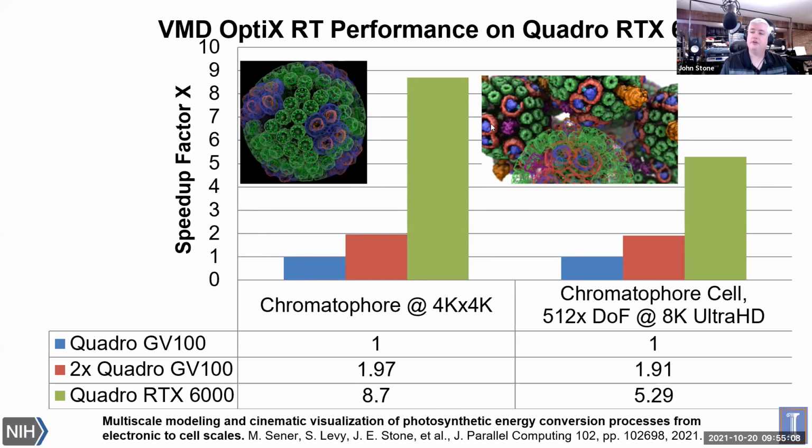And the main difference is what fraction of the scene are things like spheres and cylinders, and what fraction are triangles. The scene on the left is primarily made of triangles. The scene on the right is about 50-50. And so it gets a little bit less speedup because the state-of-the-art GPUs do more to accelerate triangles than